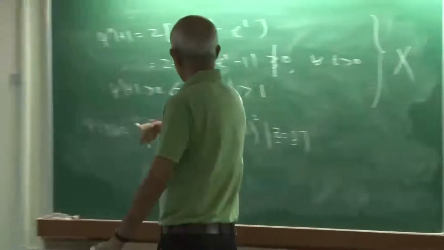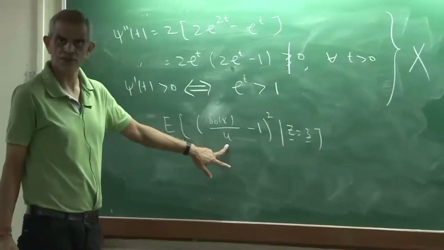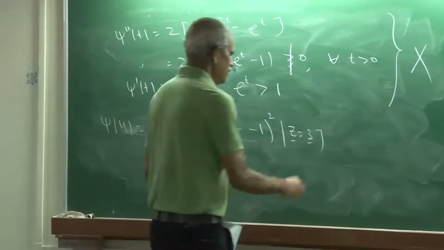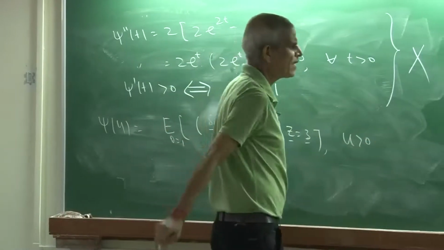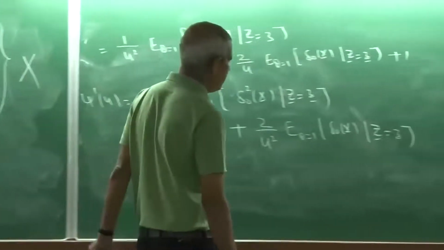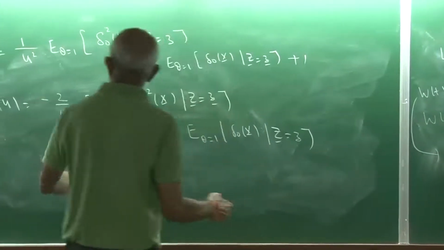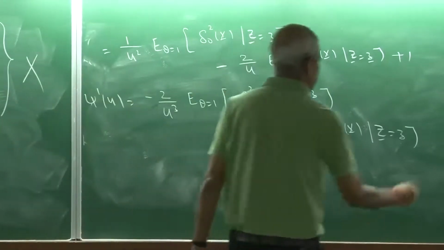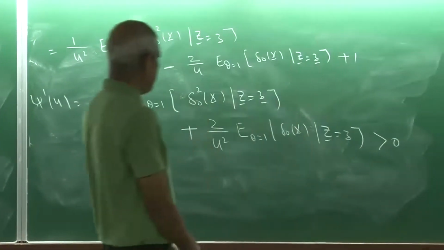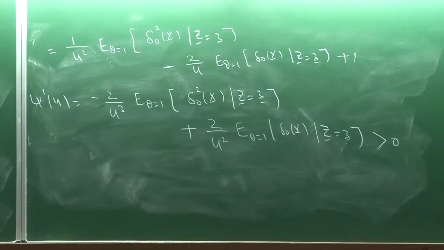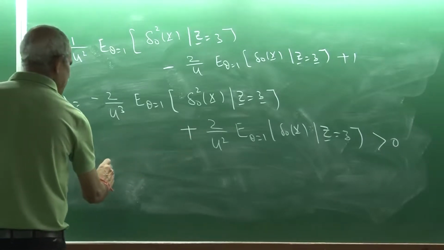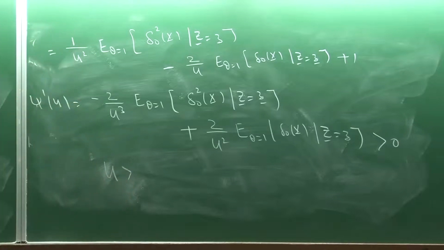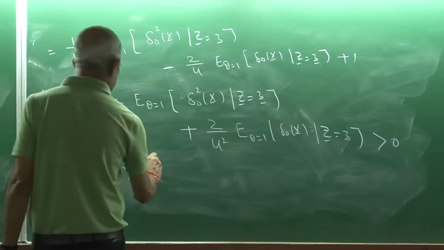Now note that when I'm trying to minimize this with respect to U, my U has to be positive. Right? So what does that mean? One way is you can take the double derivative, or you can see when this is greater than 0. You can see the increasing and decreasing behavior. So this is greater than 0, what does that mean? That means U is greater than E at theta equal to 1